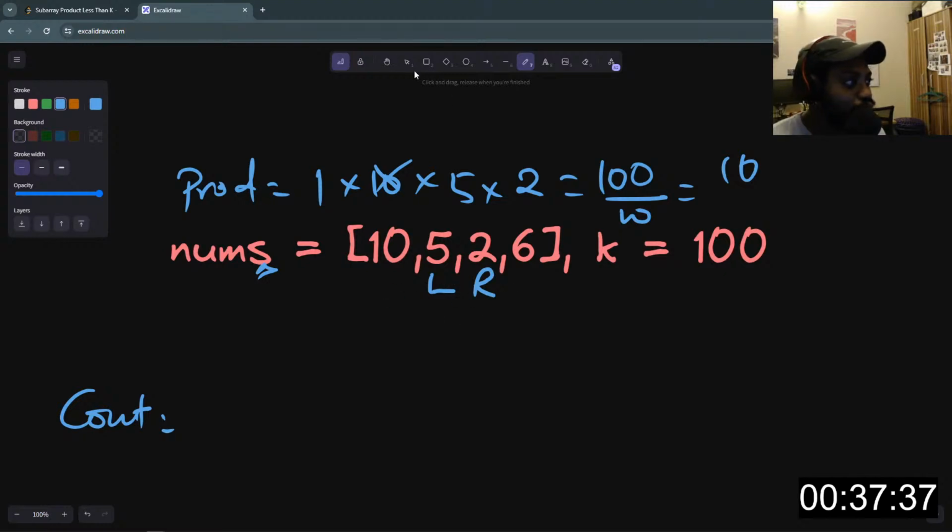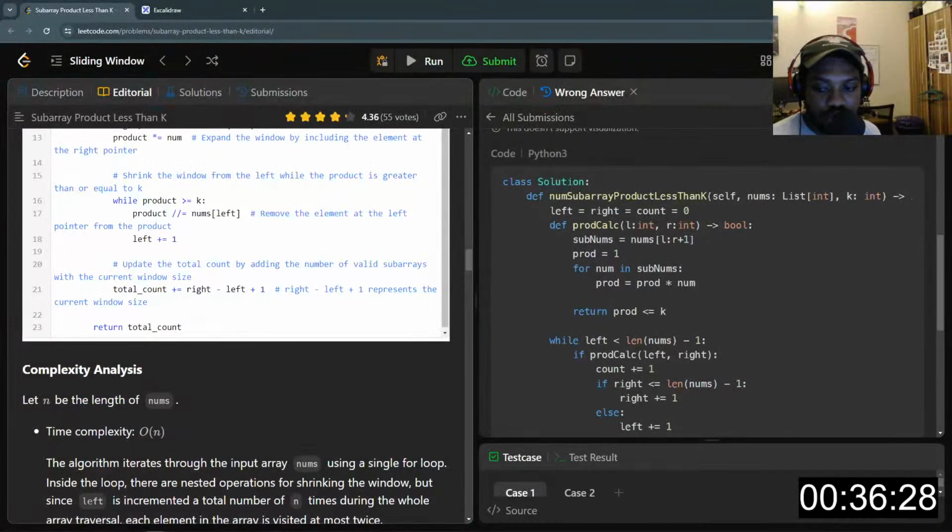So we'll keep moving until we reach the end. We reach the end, so the right pointer will be at this position. Now there is a catch to this. For us to know how many items we